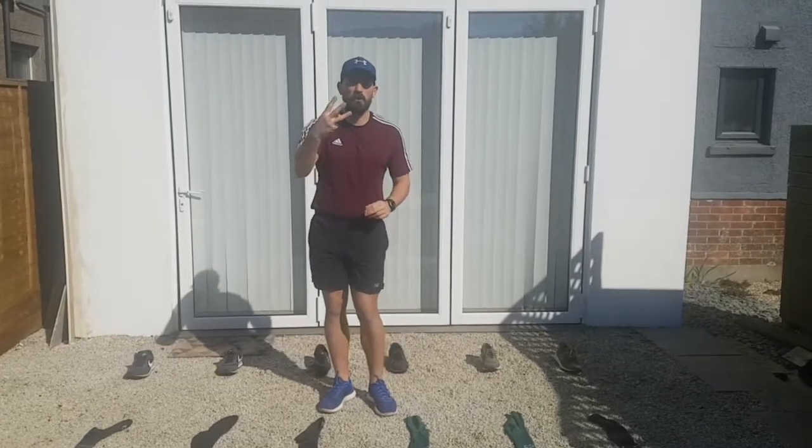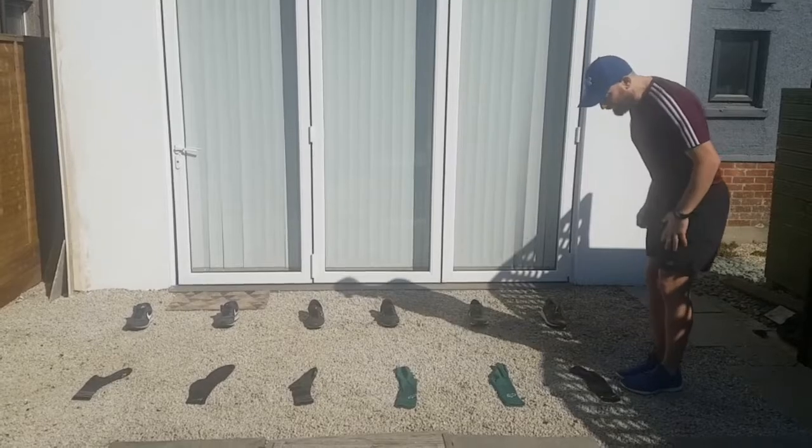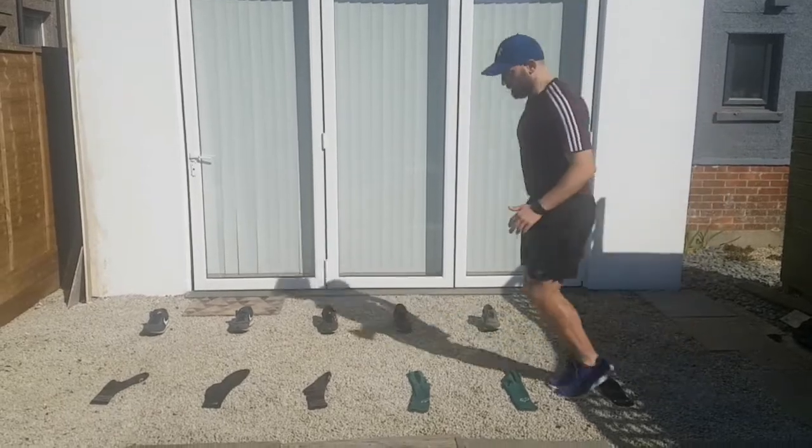Task number 3, we're going to be doing bunny hops. Okay, so what we're going to do is we're going to start at one end of the ladder, feet are going to stay together, we're going to be using our arms for balance, remember to be on the balls of your feet, and all we're going to do is jump through,